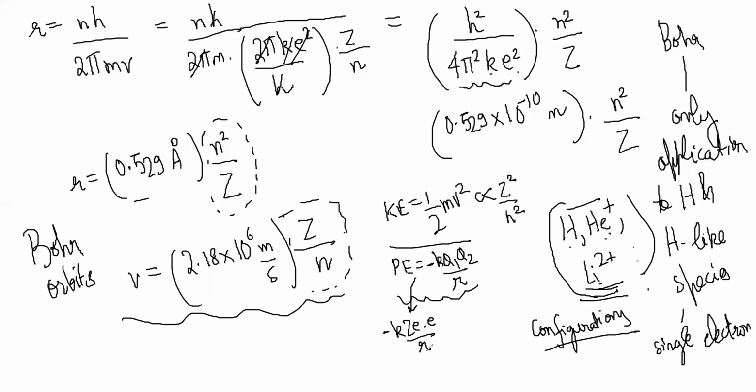Notice that r is in the denominator. All of these are constant, so I'll not worry about them. The denominator becomes n square by z, so 1 by r is proportional to z by n square. And there is also a z in the numerator, so it becomes z square by n square. So potential energy is proportional to z square by n square, and kinetic energy is also proportional to z square by n square, which makes sense because they should have been dimensionally the same quantities. Now you can add these two and you'll get the total energy of the electron.